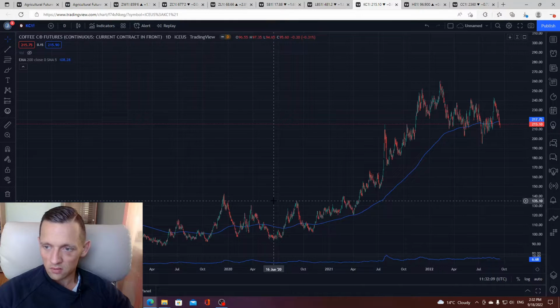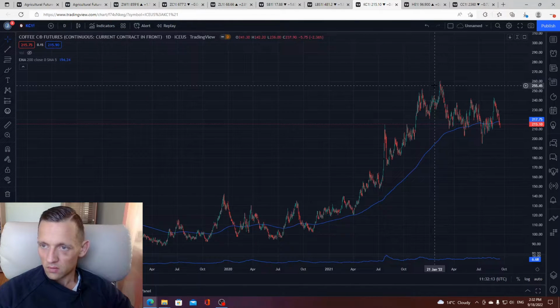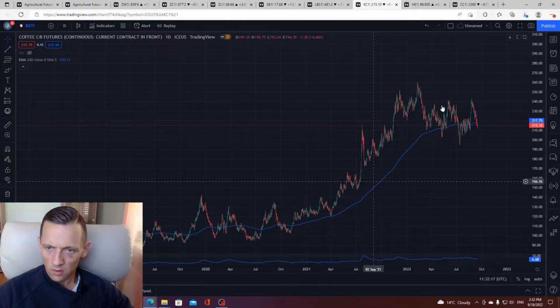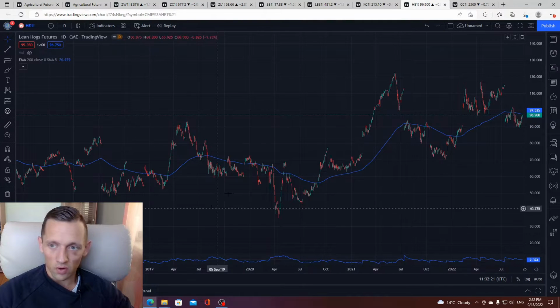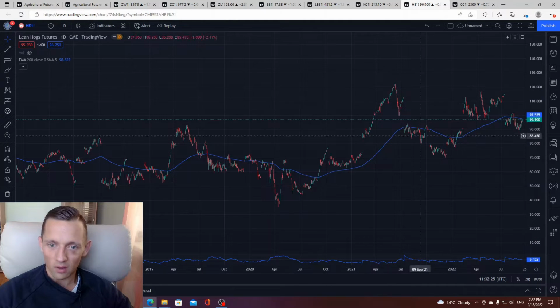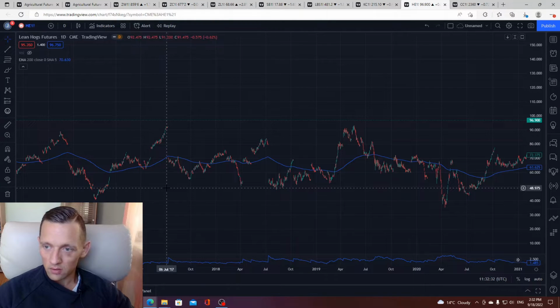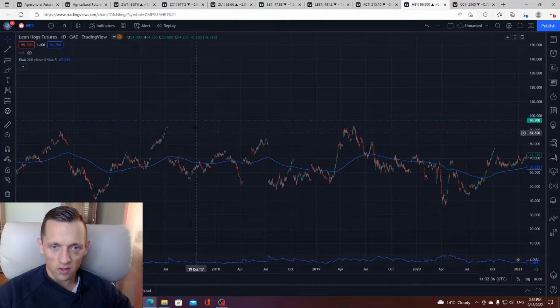From 96 to 135, that's a 50% raise. Then it almost tripled in 1.5 years. That's a very good rise. Now I don't know who trades lean hogs now, but I'll just show you that even though it is meat, it's still good trends. Now this is a difficult market for trend traders, I'm telling you now, because of those specifics, how